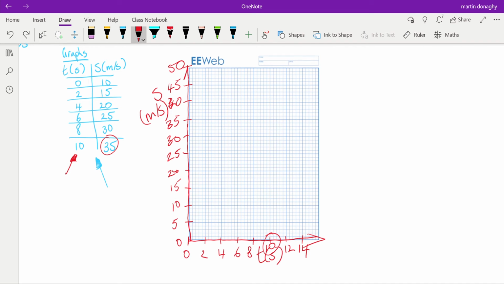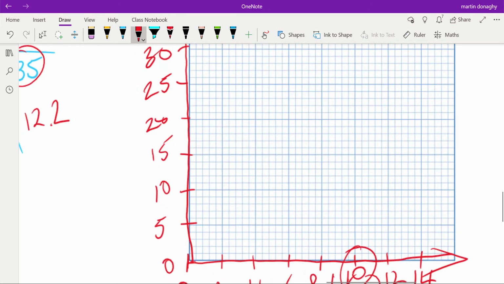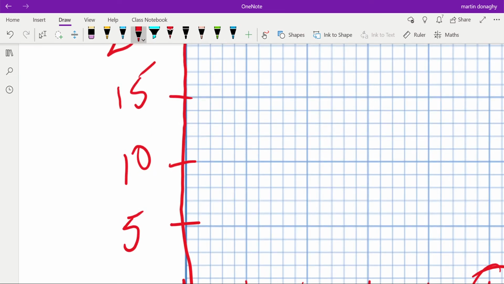Now, these are nice round numbers. It won't always be the case. These are going to be easy to find in my graph. If I had more complicated numbers, so let's say the first one was 12.2, that's trickier. What I would always do is, yes, we know that each of these big squares on the y-axis is worth 5, so it goes up in 5 from there to there. I would always work out what one of the smaller squares is worth. You can see that there are 1, 2, 3, 4, 5 of them along there. So in fact, each of the smaller squares is worth 1. It won't always be the case, but it makes it nice and easy for us to find where things are in